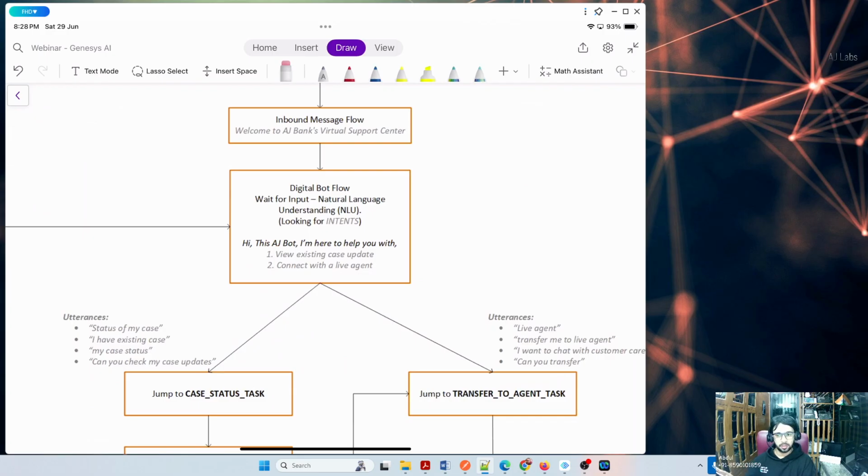Of course, there will be exceptions. If the customer says something which is not handled by my utterances, that's an exception. But that exception I can properly handle, instructing the user that, okay, currently I'm designed for supporting this, so you need to ask something which is in my capability. That is one way of handling it. I hope that is clear. Yeah, go ahead.